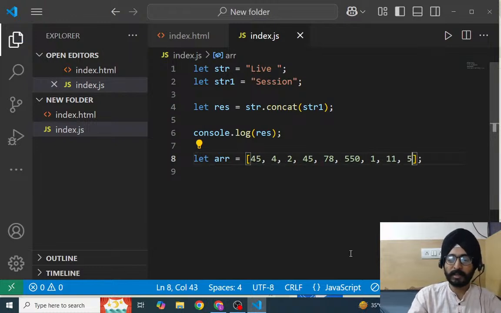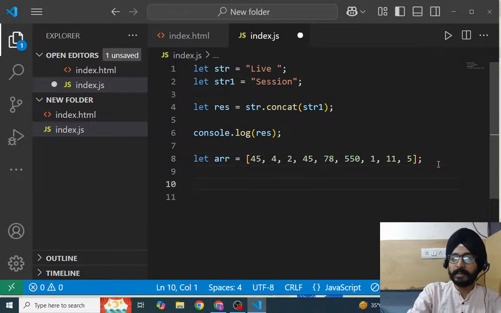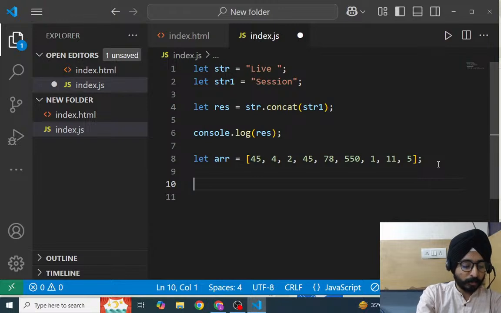So we have a random array, right? So we want to find the largest number from this particular array. We have to return the largest number from this array. So simply what we can do is create a loop here. So let's assume, let largest